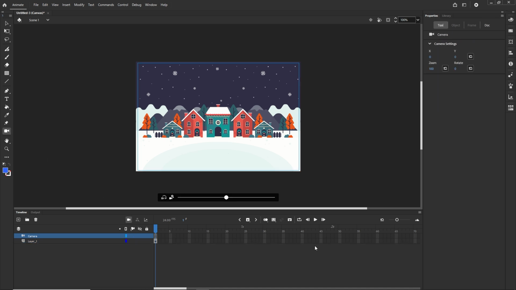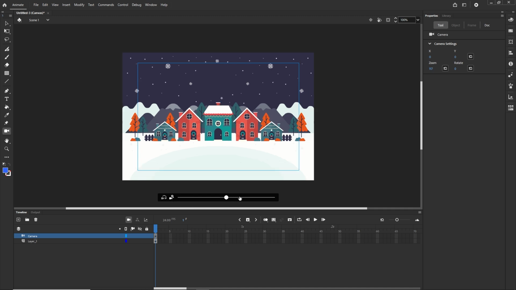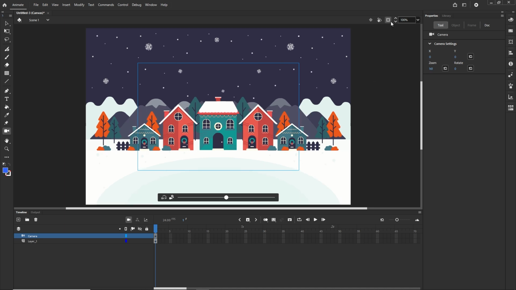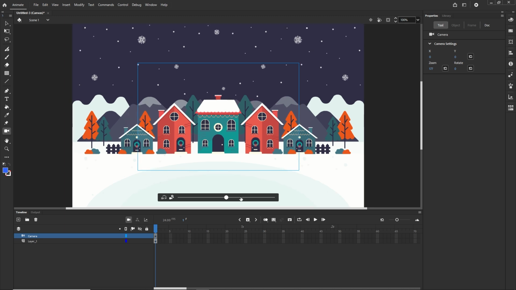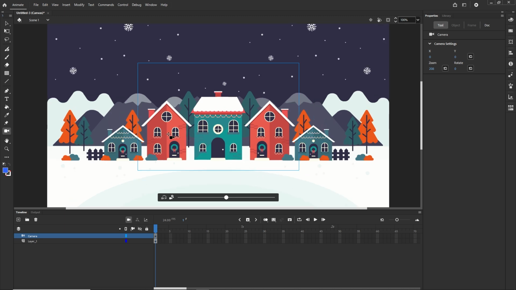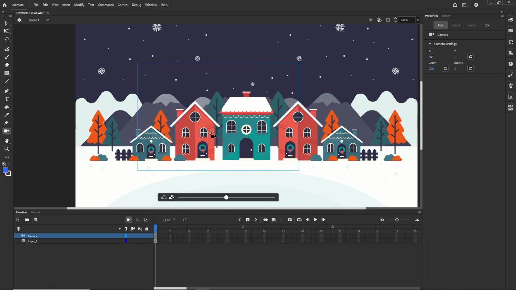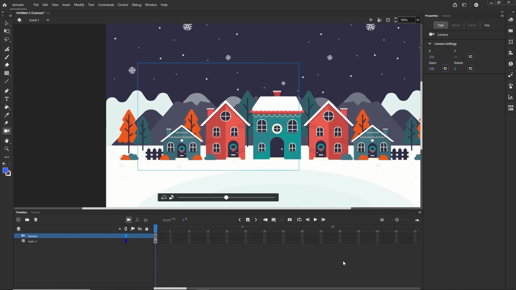And now with the camera, it's very simple. If you just want to zoom in, you are going to go to the right like so, and if you cannot see things outside of the stage, there is this Clip Content Outside of the Stage option. Imagine that I would like to have the animation from left to right, so I can just go like this. If I go to the left with my mouse, it will go to the left like so, and I will have to extend